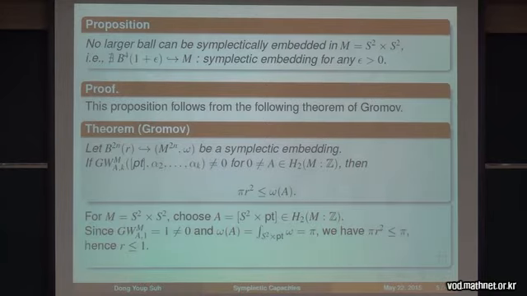So in particular for our example, S2 cross S2, choose A. If there is such a homology class, then it's enough. So choose A to be S2 times a point. And then you can see the Gromov invariant of this one is 1. And this ω(A) is the integral, which is π. So πr² is less than or equal to π, hence r is less than or equal to 1. So from this example,